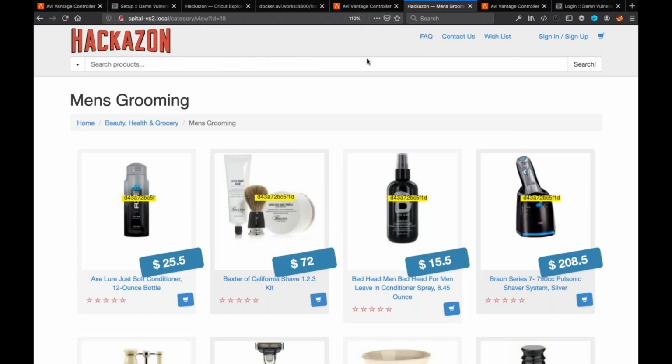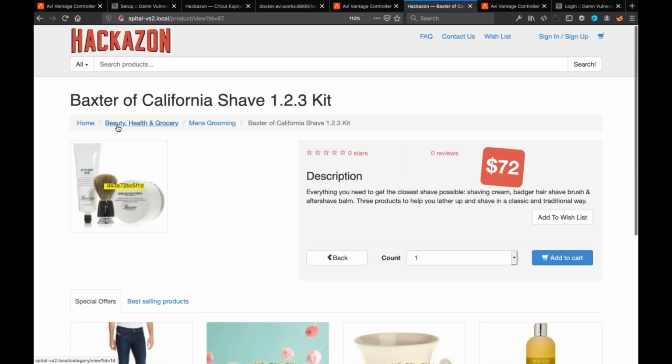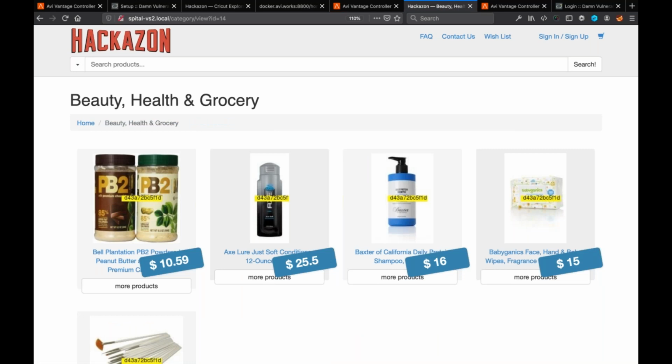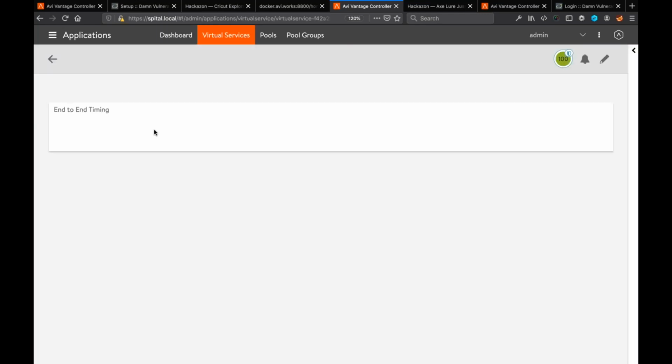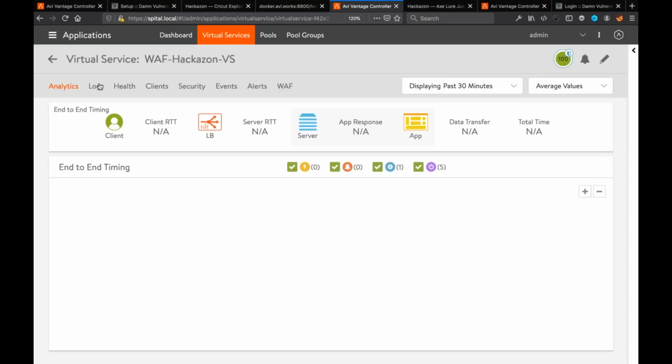The application that is provided here is Hackathon, which is a nice hacking application in the form of a shop that allows us to go through it. Just to make sure we are on the right page, let me go into the virtual service and see that we got logs.